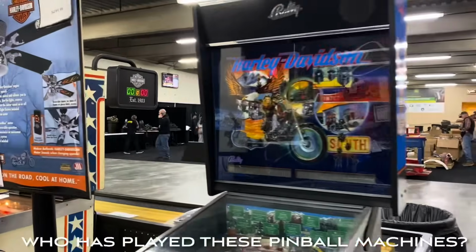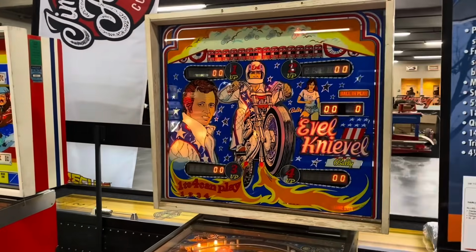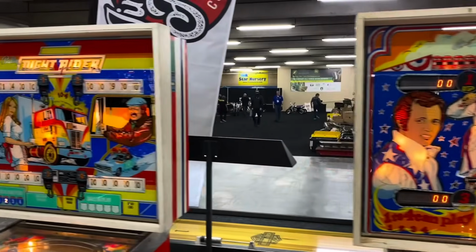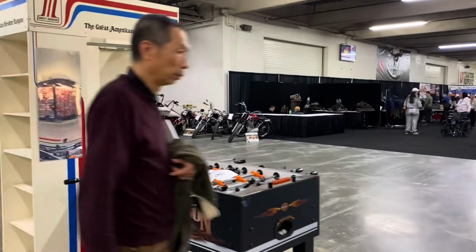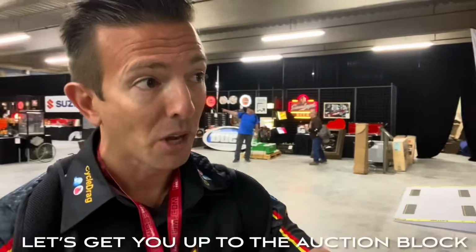It is the Bally Harley Davidson game, and then, oh man, look at this. Wow, this one, an Evel Knievel pinball machine. That one's got to have some serious value. We have Knight Rider as well. Harley Davidson foosball table. And this auction's getting going. When you see that flurry of activity, that means things are moving fast. So let's take you right up to the auction block and give you a glimpse of what's going on here